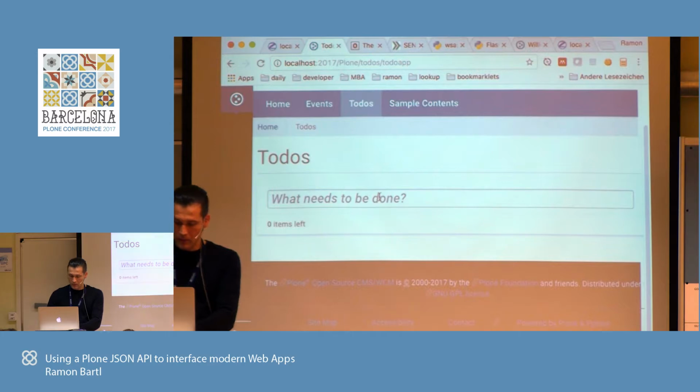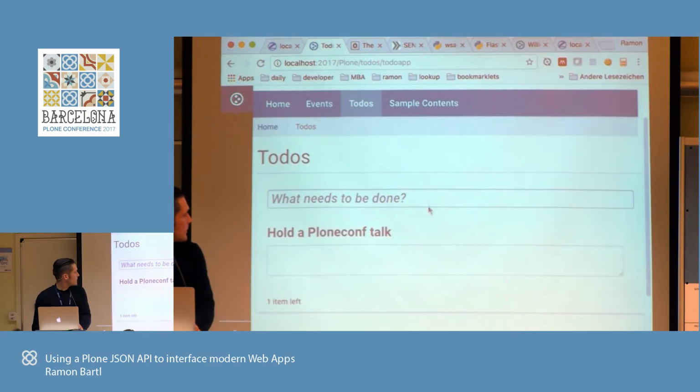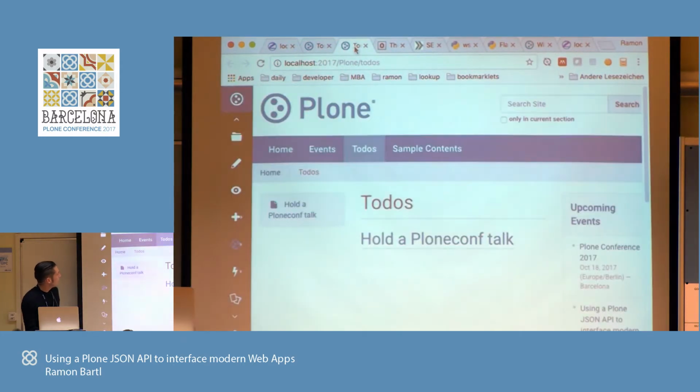So cursors in. Hold a Plone conf talk, enter. So what happened now? I typed in a to-do title and hit enter, and then something happened. And this something is, when I go over here, hold a Plone conf talk. So in the to-dos folder, I added a new to-do. I said,